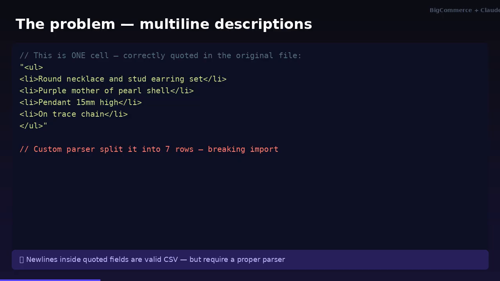Here is the product description for the purple mother of pearl necklace. It is a single cell containing HTML bullet list items with new lines inside the quotes. This is perfectly valid, but our handwritten parser split on every new line character, turning one product row into 7